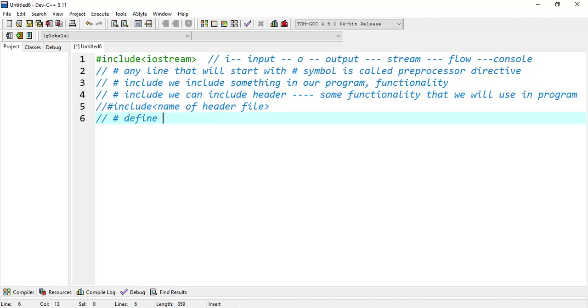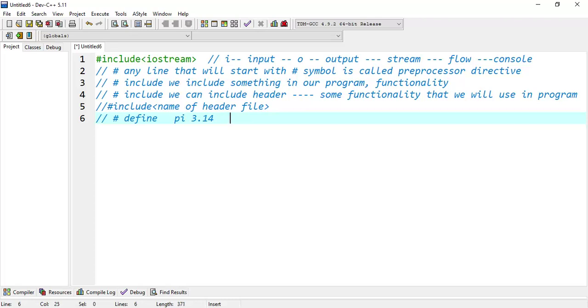The other thing that we can use in a preprocessor directive is #define. So #define will define some values. For example, we have the value of pi that is 3.14. This is a constant value. So to remember this value, or because there can be some typo errors, we will give a name to this value. For example, we have given the name pi to this value.